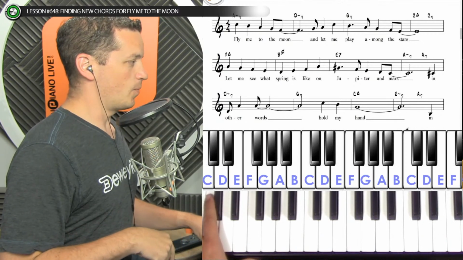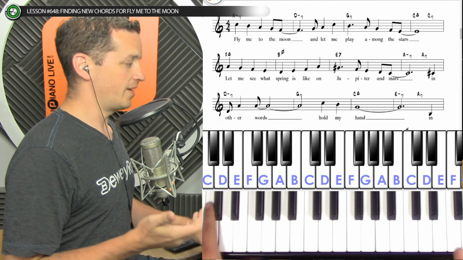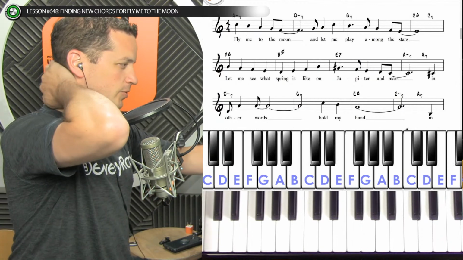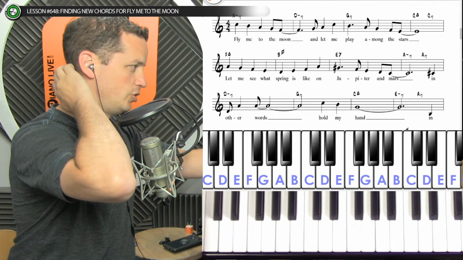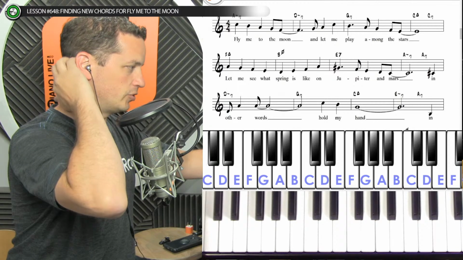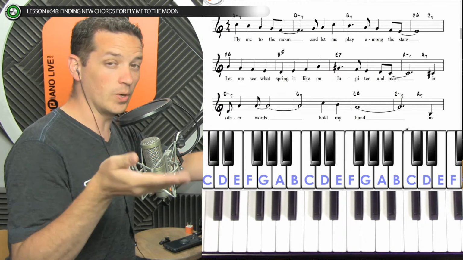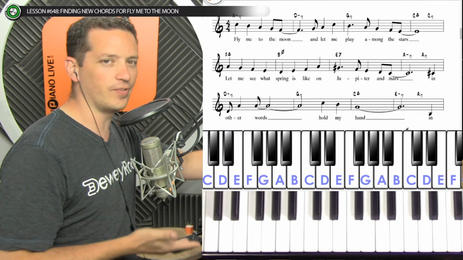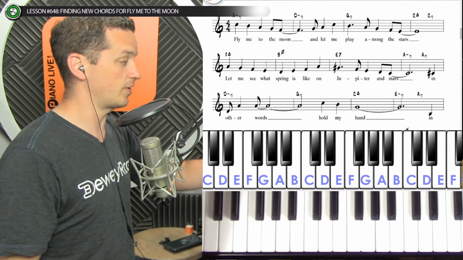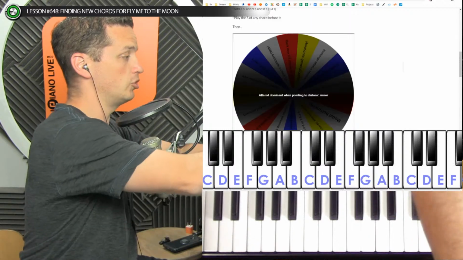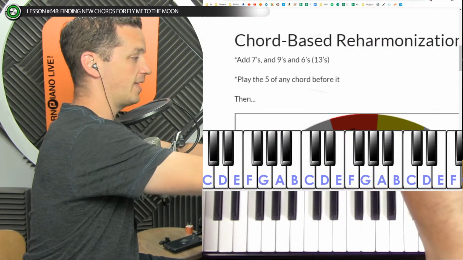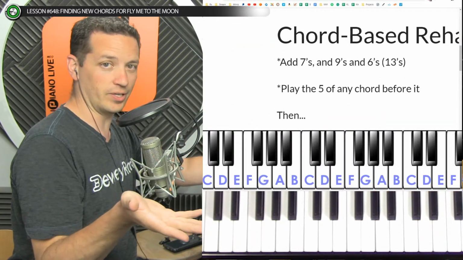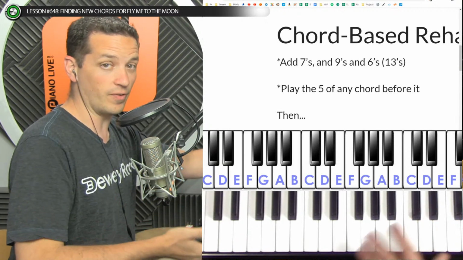For this week, we want to change around some of these chords. And honestly, when we do these jazz tunes and try to reharm them, it's usually a lot more difficult than doing regular pop tunes, because a lot of times they're already doing the things that we use the reharm concepts for, as far as moving through the circle of fifths and adding in sevens and nines and stuff. In fact, the first two things that we're supposed to do on each reharm lesson are add sevens and nines and sixes, which are already in the song,